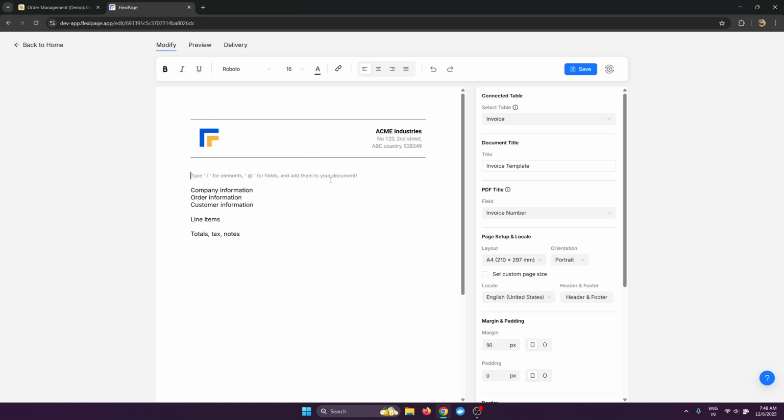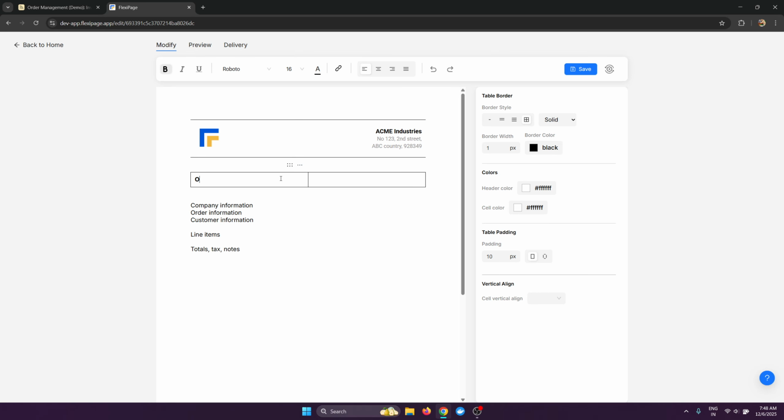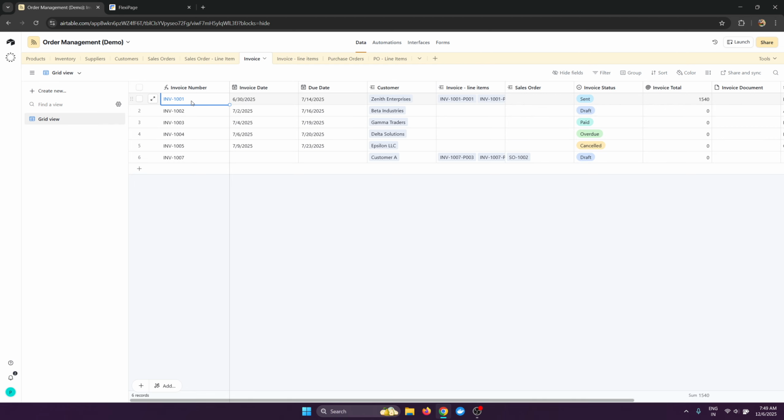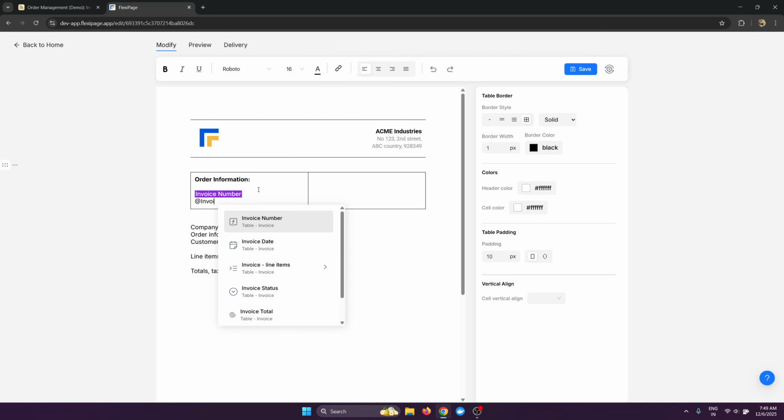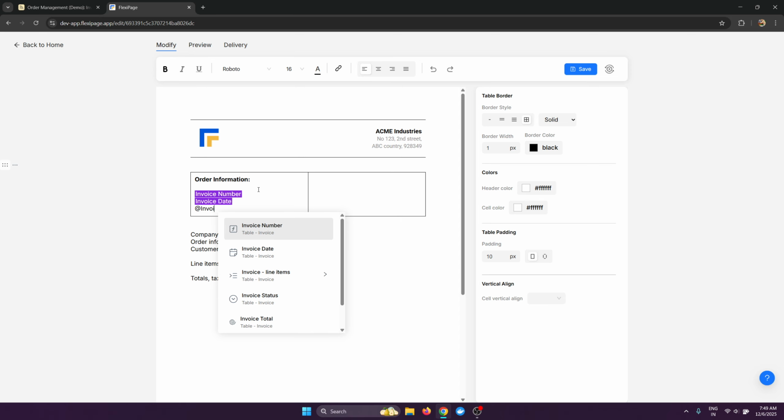Now let's add order information. Again, I'm going to add a column, and then I'm going to add order information. This order information is invoice number, date, due date, etc. You can just type at and bring in your fields from Airtable. So I'm going to add invoice number. I will remove the bold. Invoice number, invoice date, invoice due date,